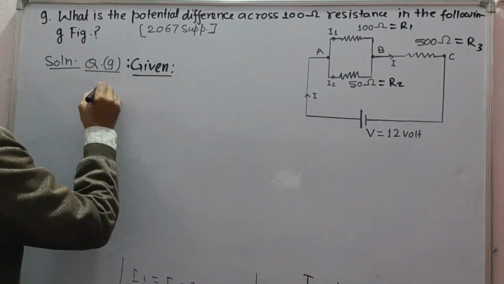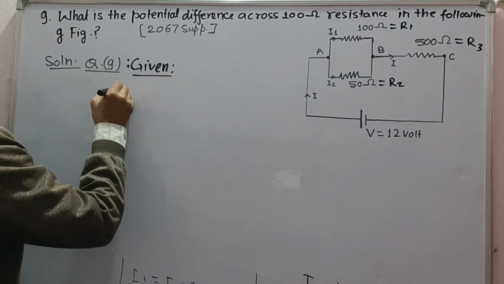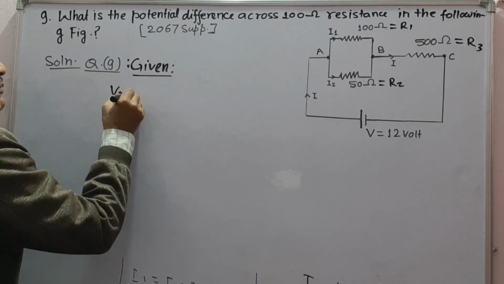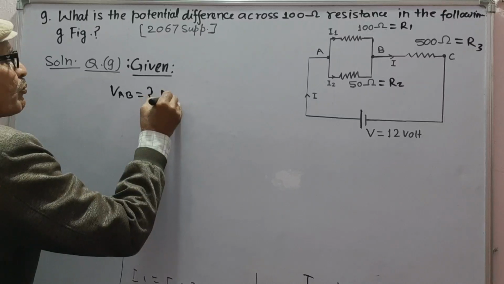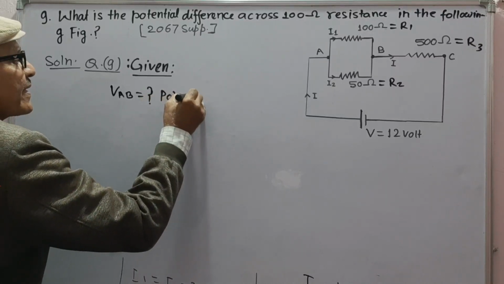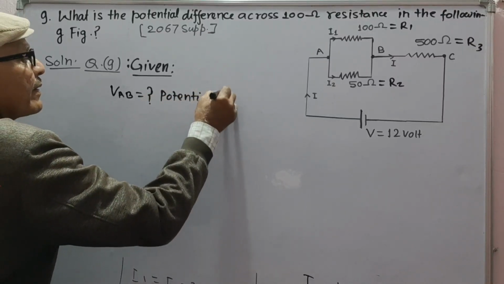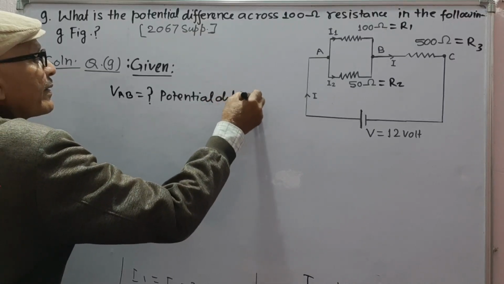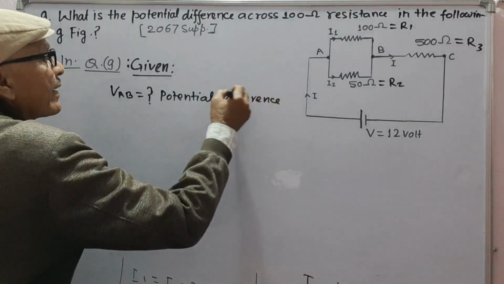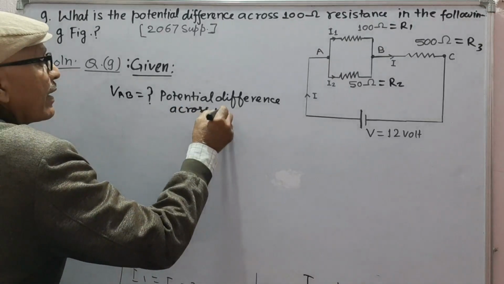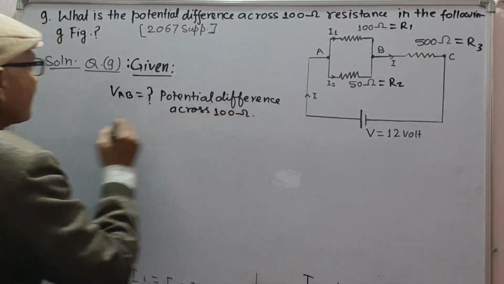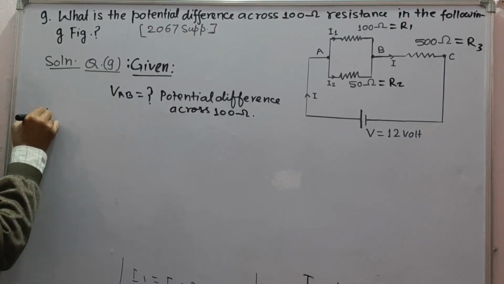In the given diagram, we have to find VAB, that is the potential difference across 100 ohm. Now